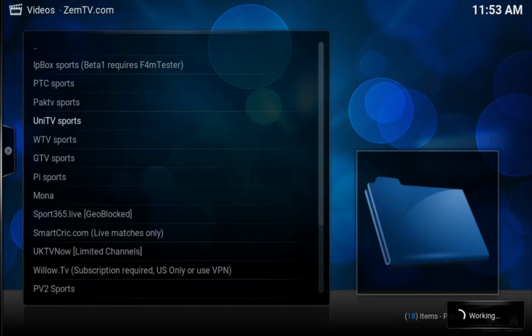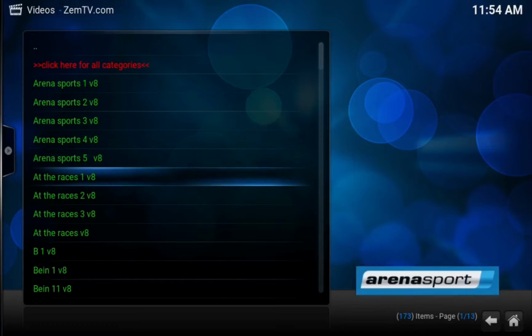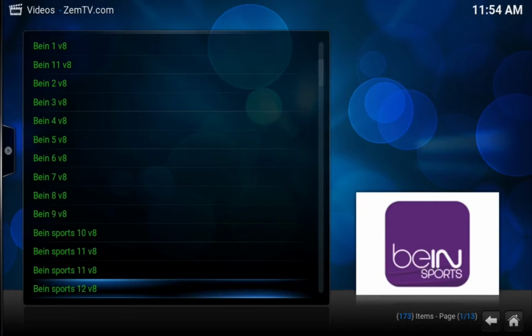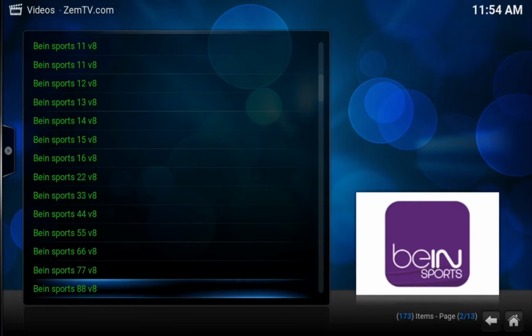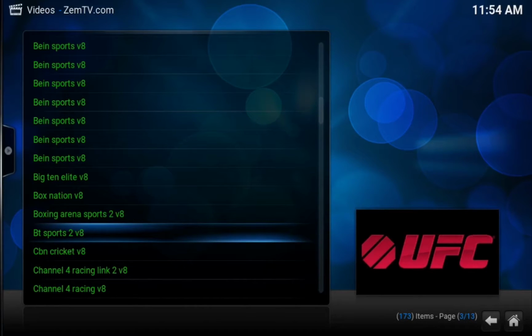if you search on the internet, you can find out how to install add-ons for pretty much anything. Cut this bit. Here we go. We're here. Took about a minute to load that, but we're here. Then we just got to scroll all the way down. For example, if you want to watch, don't know what's on BT Sports 2, for example, that's an option on